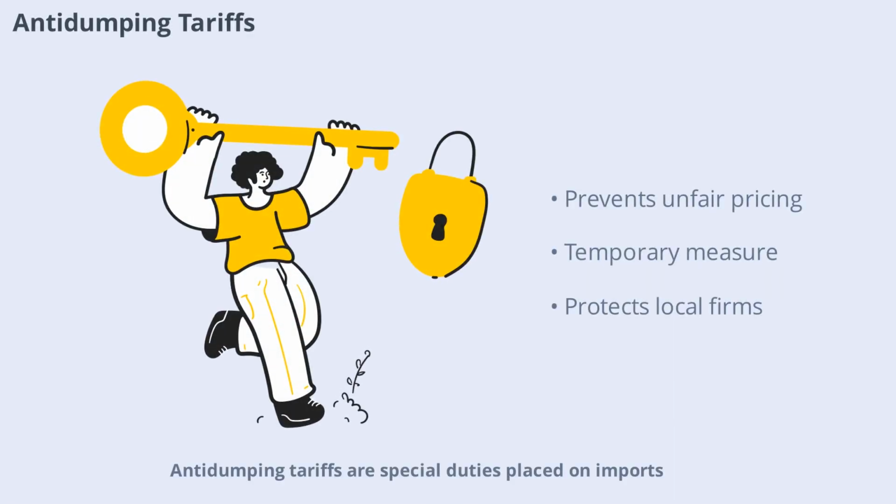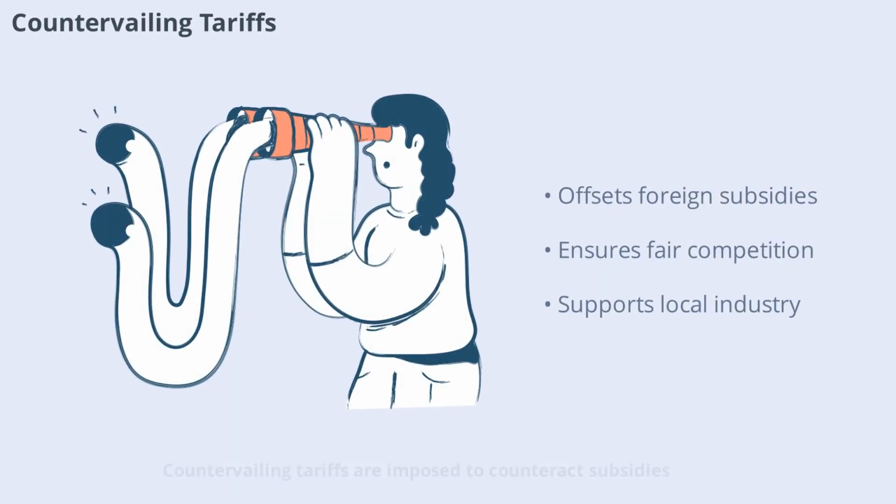Anti-dumping tariffs are special duties placed on imports believed to be priced below fair market value, often to protect domestic industries from unfair competition. These tariffs are usually temporary and are meant to level the playing field until normal market conditions return. Countervailing tariffs are imposed to counteract subsidies given by foreign governments to their exporters. These tariffs aim to offset the advantage that subsidized goods have in the importing country, ensuring fair competition for domestic